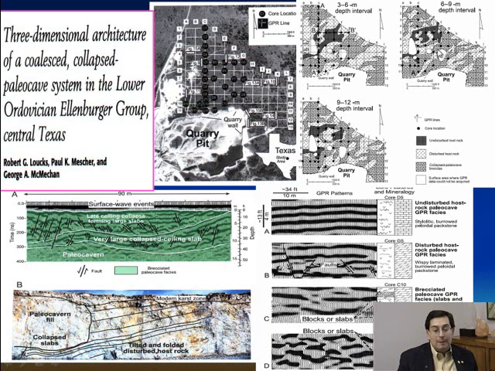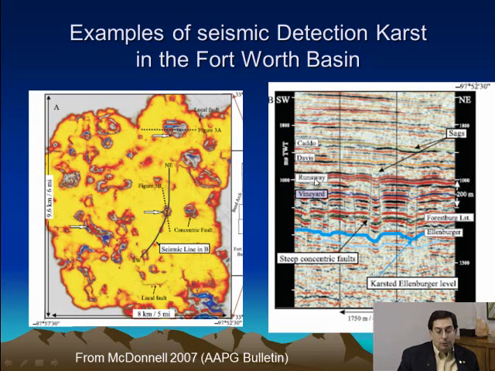Using these fabrics, they can make time slices, and there's a very pronounced northeast-southwest karst fabric. Usually karst has some kind of river drainage, and also frequently, if there's a fracture pattern, it will exploit that same fracture pattern. The northeast-southwest pattern is a very prevalent fracture pattern in the Llano uplift, where the karstification occurred in this quarry. Another example is using actual seismic data in the Fort Worth Basin, where at this surface you can see some of the sinkholes that are evidenced. Here's the Arbuckle-Ellenburger Knox unconformity, and you see the karst collapse and its effect on the overlying beds.